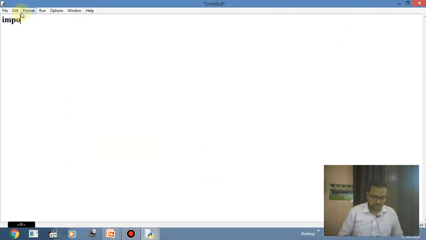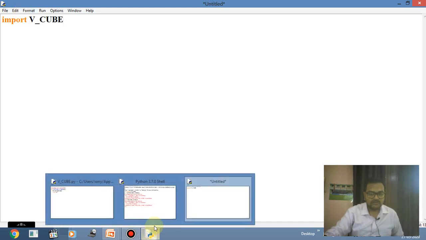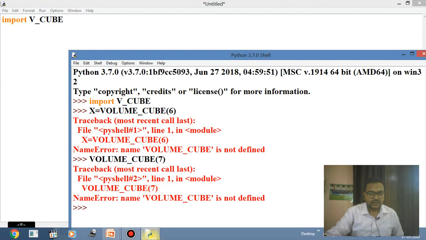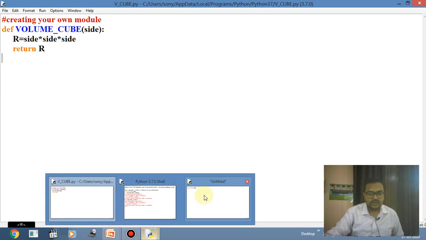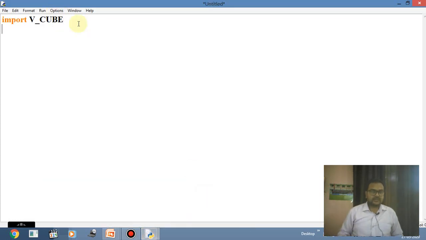So import v_cube, that was the name of the file which I have taken earlier, and that file name was v_cube. So that is the module name. Now volume_cube we have to use, and the side is the argument over there. Now inside this one, import v_cube.